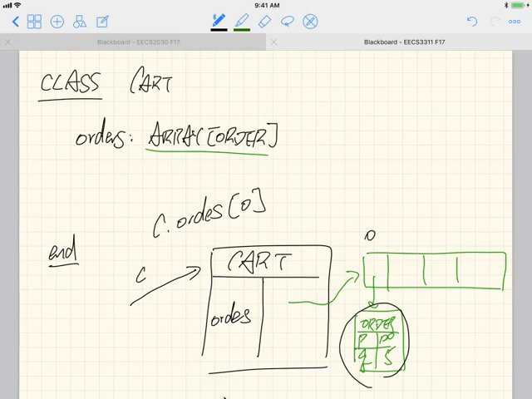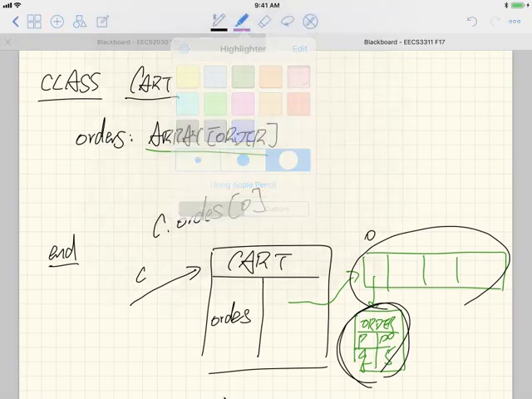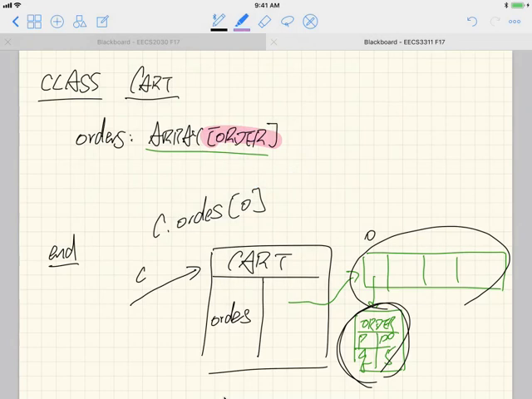Because we know that the card class has a list of orders, of course we're going to iterate through a list of orders, but the way we iterate through them is going to be a little bit different. So that's the order over here. Now what we would say is, we're going to say